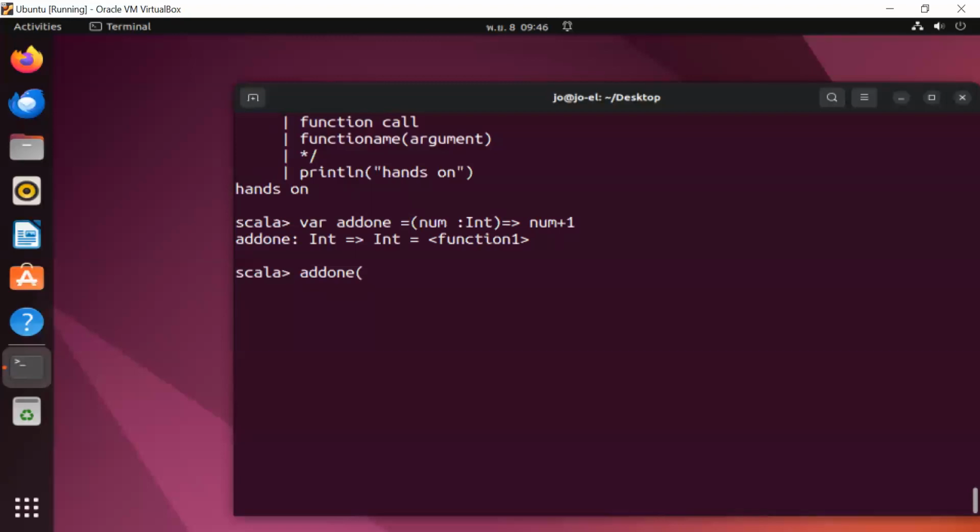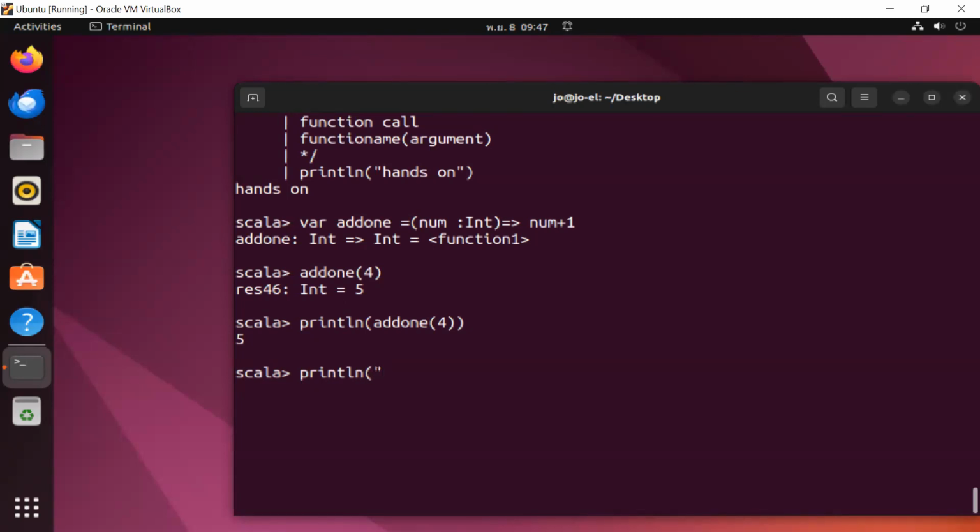If you put 4 + 1, someone may think it's 41, but it is 5 for arithmetic. I put 4 here, and it's 5, an integer. Again, println of add1(4) prints 5.